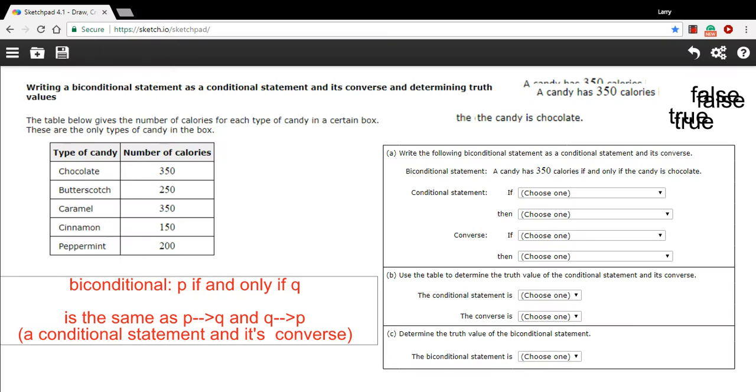In this problem, we are dealing with biconditional statements. You've run into a conditional statement before. That's an if-then statement. But a biconditional statement is in this form where P, if and only if Q. So in the case of the problem we're working on here, we have this biconditional statement that says a candy